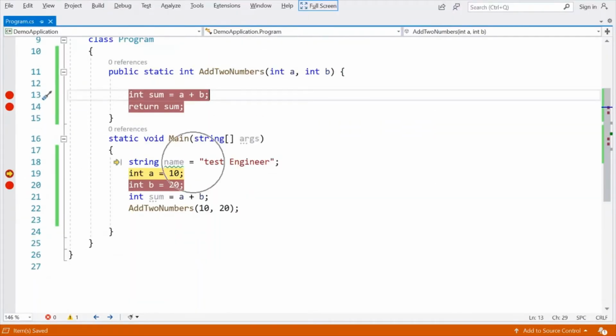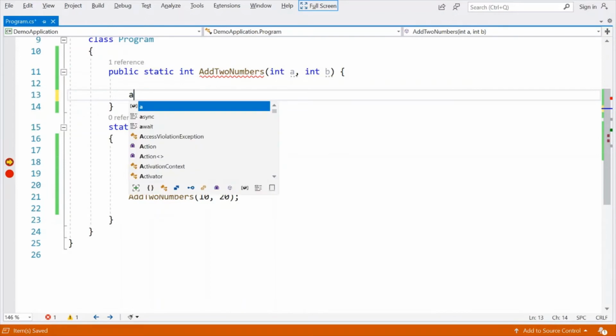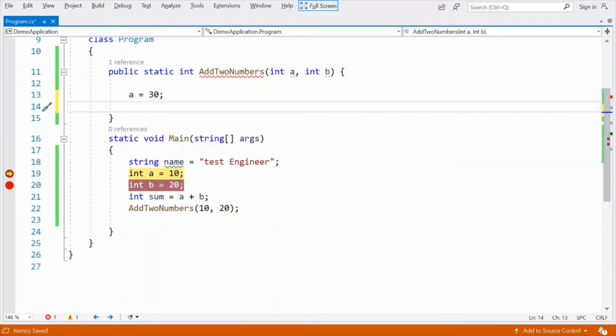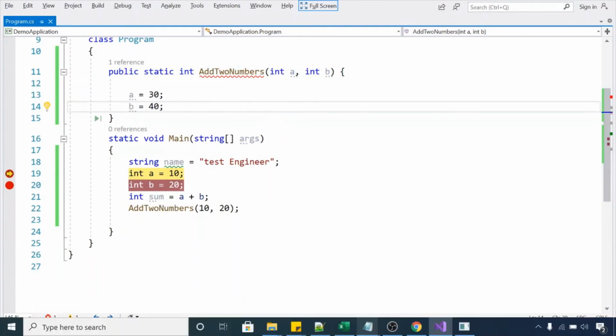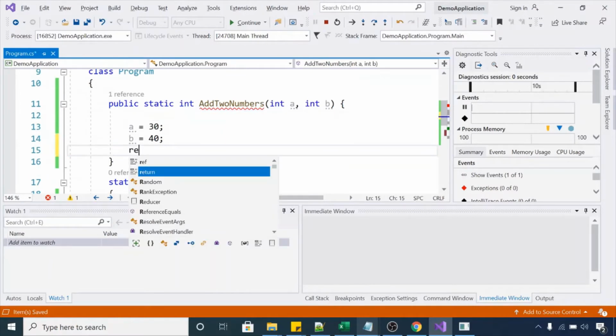We already have a and b in this main method, and instead of adding two numbers, we will just update the values of a and b in this local method. I'm updating a to 30, b is equal to 40. Return 0.